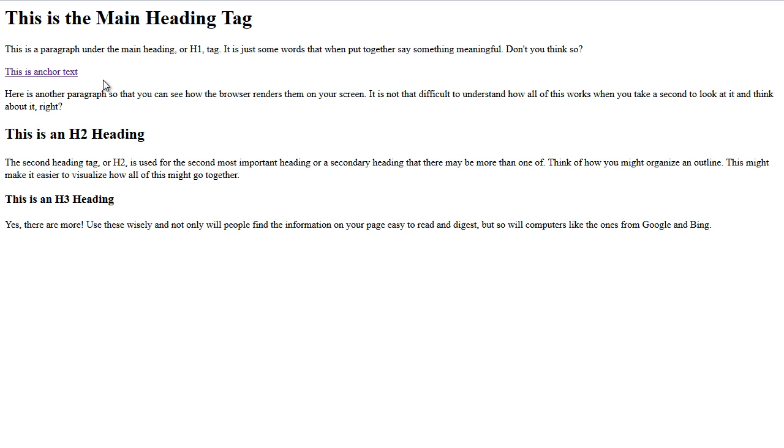On our little example page that we've been using, I have added a link here. You can tell the cursor changed to a little finger when I moved over it. It says this is anchor text, and anchor text is what we call the physical text of the link. So when you hear someone say the anchor text was blah blah blah, or use your keywords in your anchor text, that means to put the words that you want, your keywords,